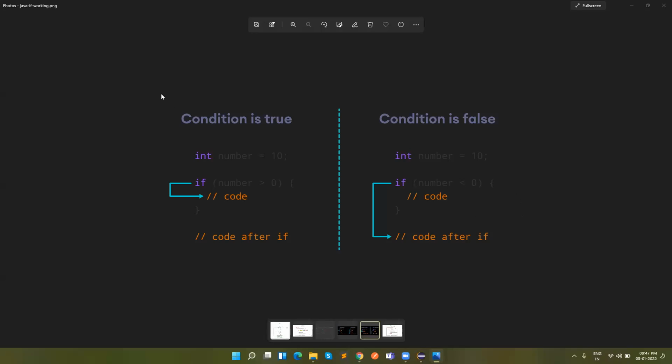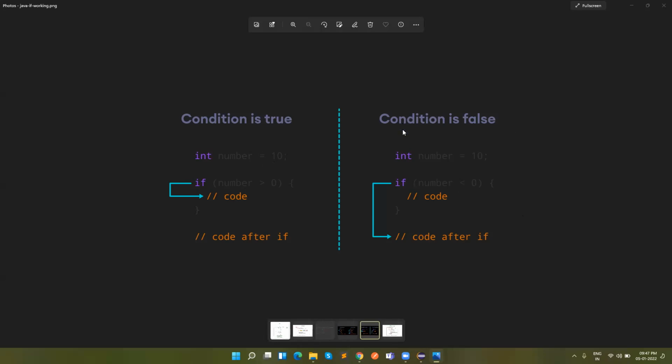If a particular condition is true, then the code goes over here and executes further. So if number is equal to 10, and the condition we have written is number is greater than 0, which is correct, then the code will go inside the if condition, execute that code, and then come out.